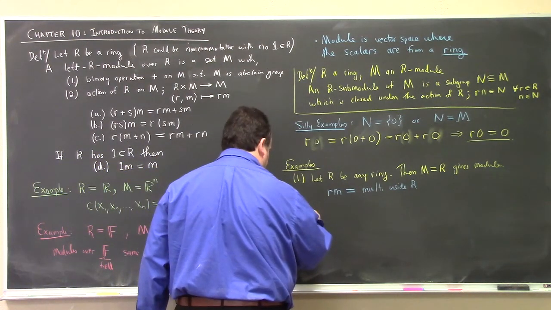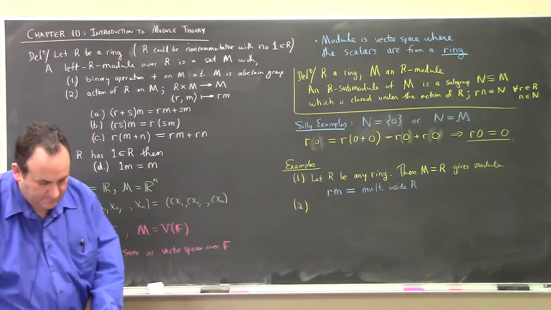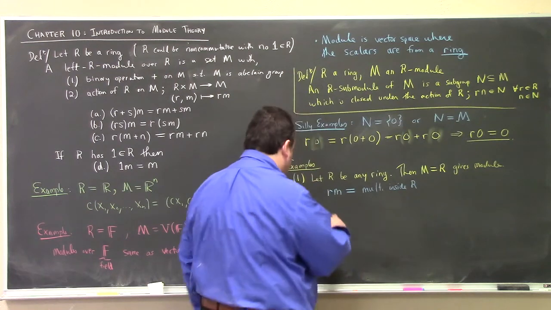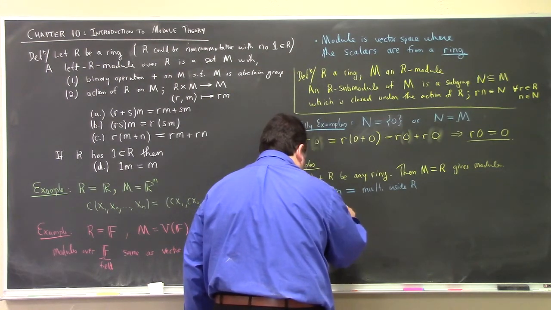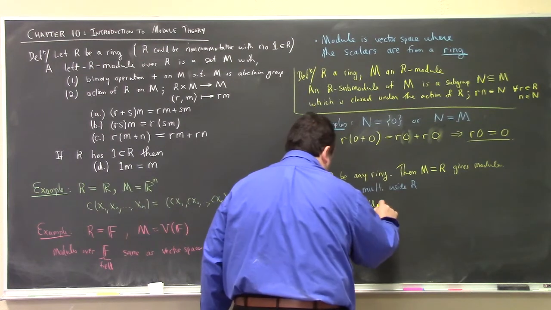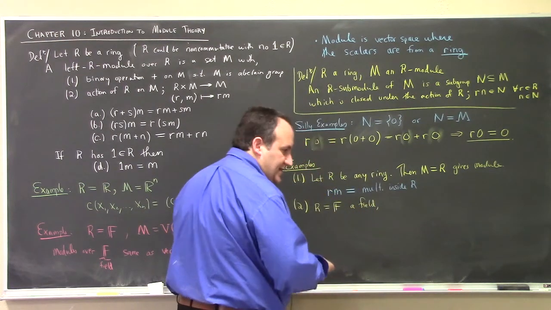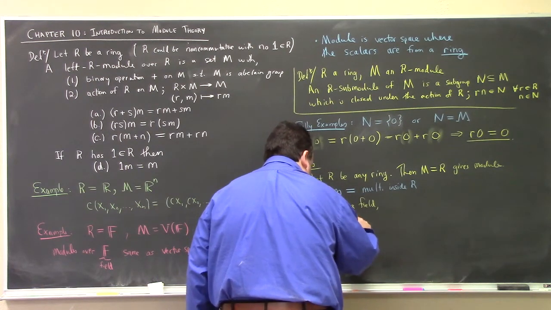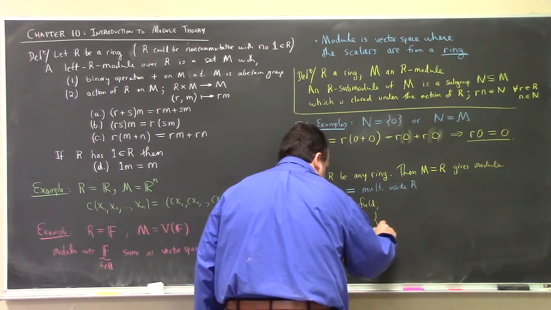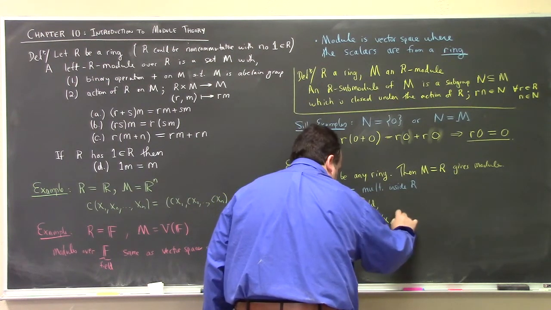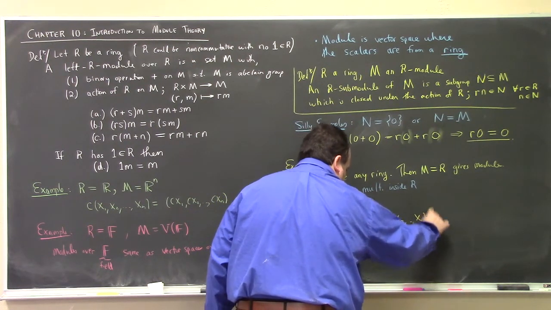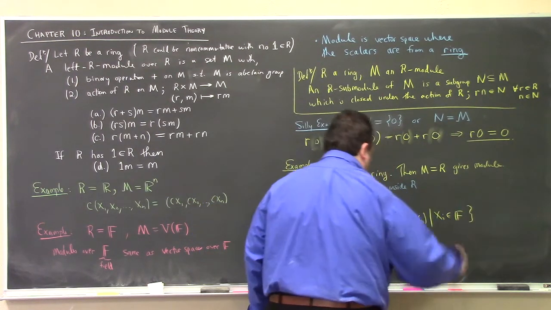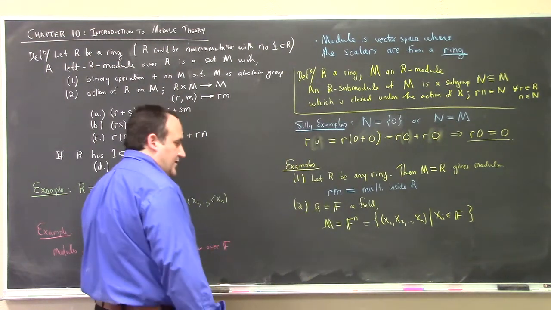All right. Example 2, he has F a field. All right. And so I bet his next example is going to be M equals n-tuples over the field. Right? So this is of the form x1, x2, ..., xn, such that, you know, xi is in F. So it's easy to check that